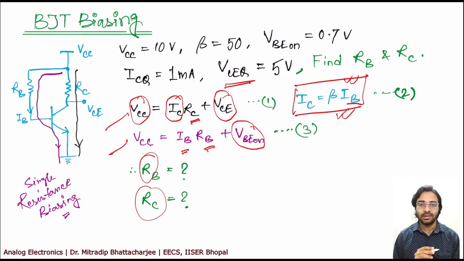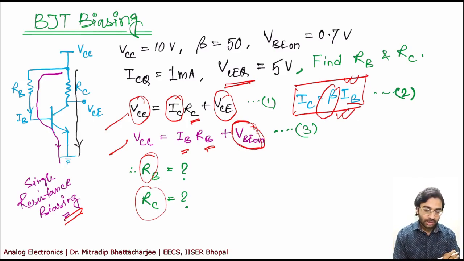So this type of numericals are very common in most of the competitive examinations. So in this case we call it a single resistor biasing. Now what is the problem? There is a problem in this kind of biasing, which is beta and VBE both are functions of temperature. So with temperature these terms will start varying. Now if these terms start varying, what will vary? Your IC will vary. In fact, beta is also a function of IC.